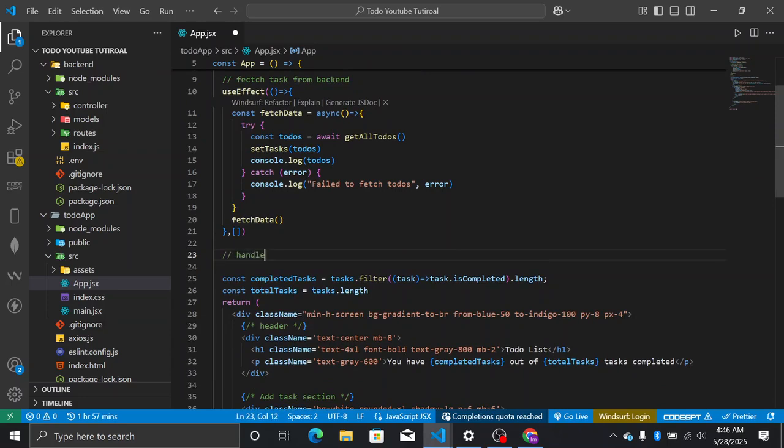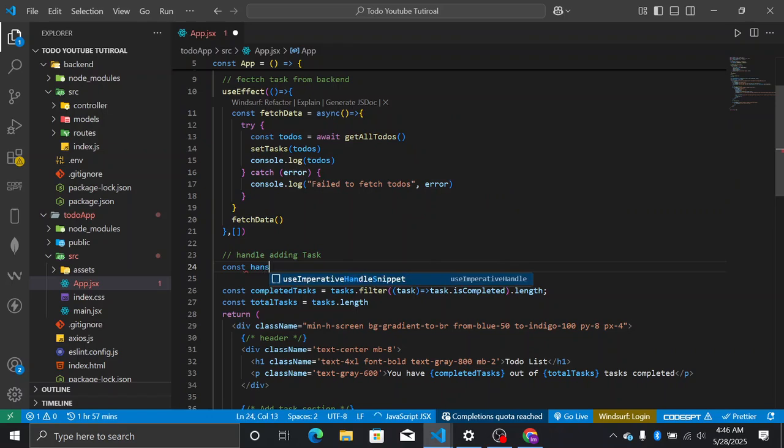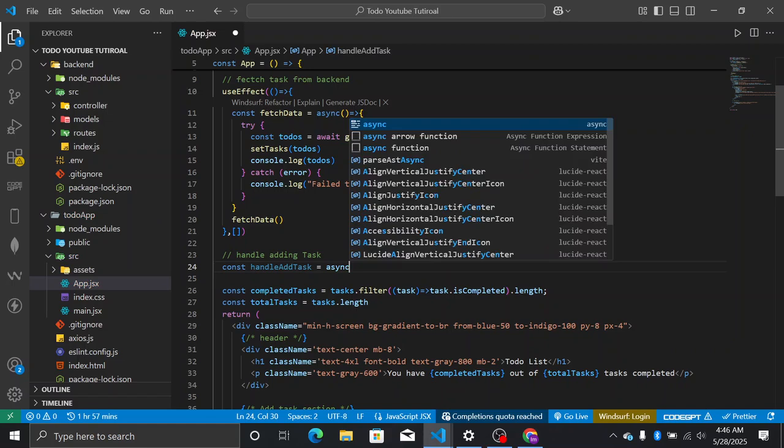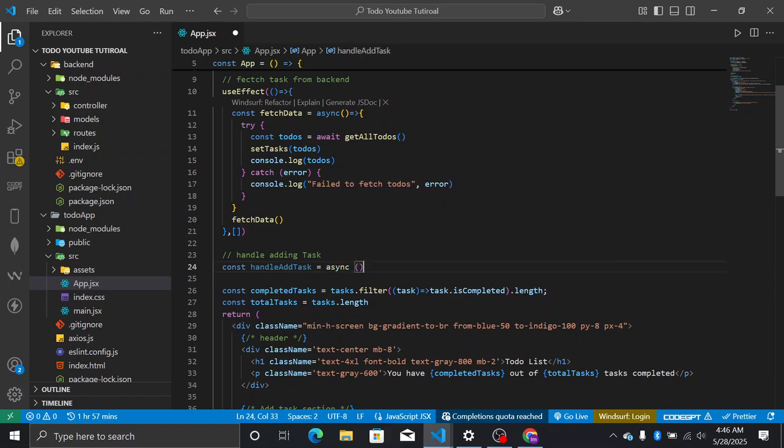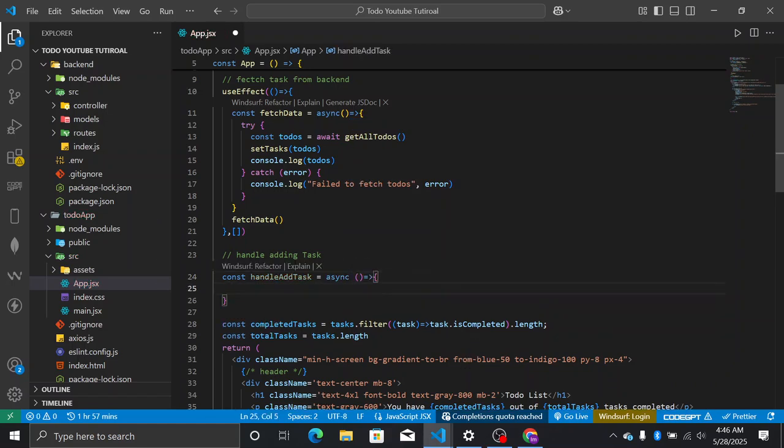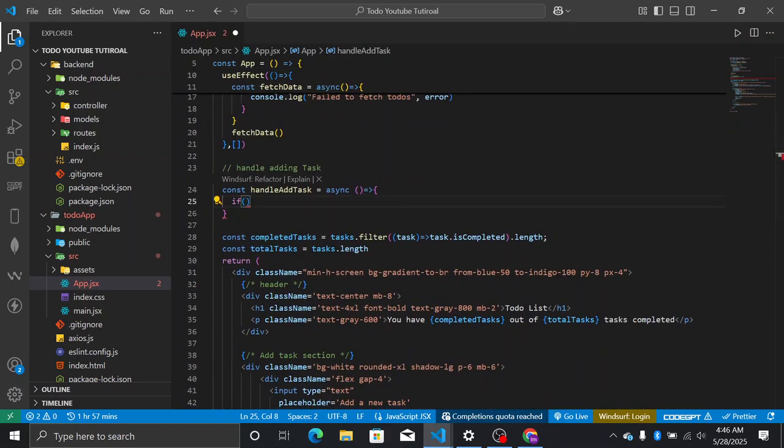That's going to be adding tax. So we're going to say const handleAddingTax. You can name it anything you want, but name it so you can remember it when you're reading your code. It's async. All right, we're going to say if the new tax is not true,